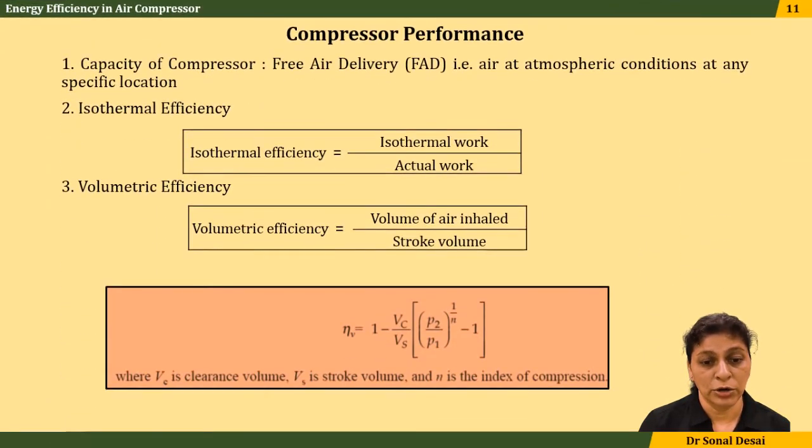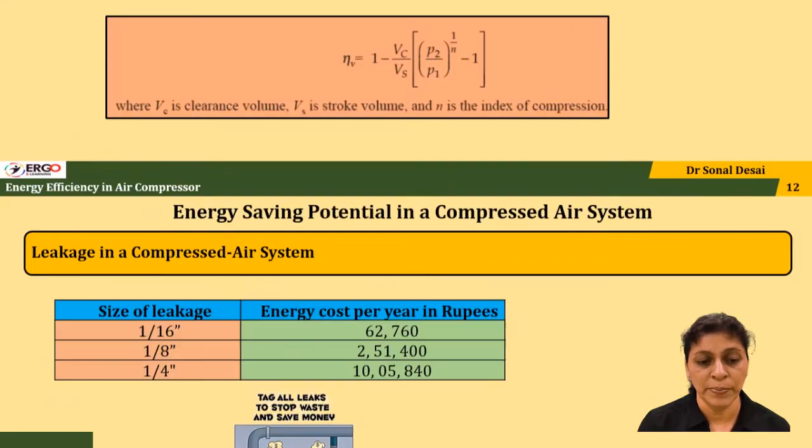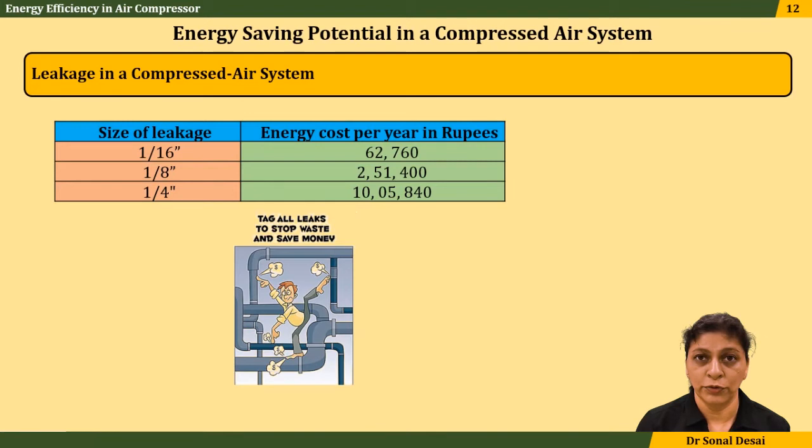Then comes an important topic, that is how to select the compressor as well as how to evaluate performance based on FAD as well as their efficiency values. They are discussed over here. Then 10 to 15 methods of energy saving in existing as well as for new design system is explained.